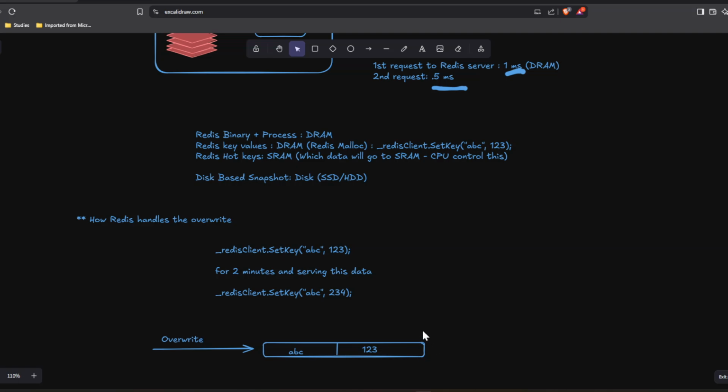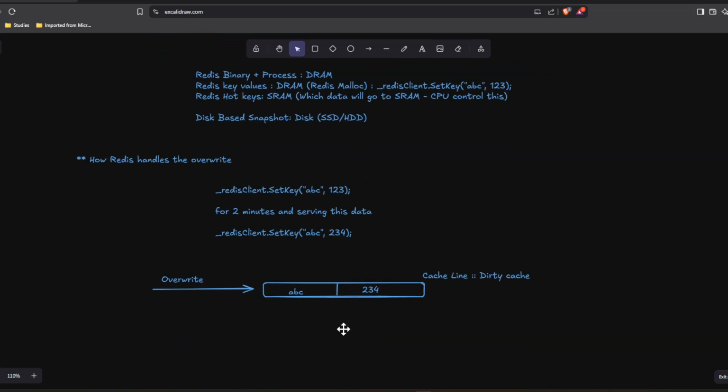Now when a write goes into it, a further override goes, then this cache line, which has been served from the cache, will be marked as a dirty cache. Dirty cache means that there is some data which is updated, but it is not exactly synced with the RAM. So earlier, before marking it as dirty cache, this cache line is completely equal to my main memory. So main memory of course has a copy. This is my SRAM and this is my DRAM. Main memory has a copy of this same data, ABC